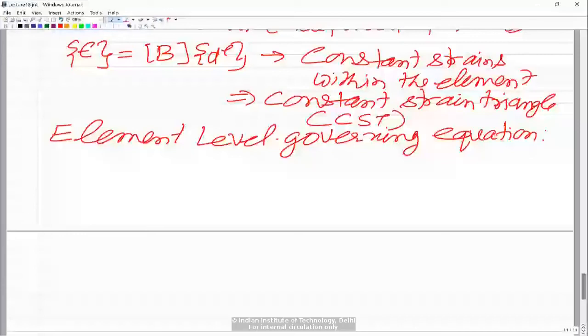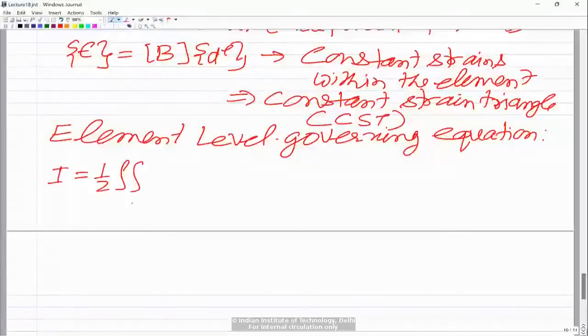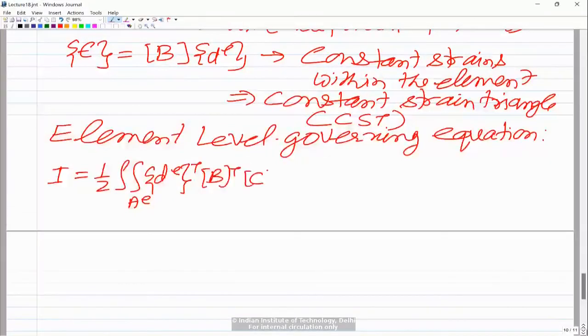So now coming to the element level governing equation. We substitute whatever we have done in the integral functional. So if you look at it now, I is half integration over area, and then we had epsilon transpose. So epsilon transpose would become d transpose into B transpose into C, and then again we have epsilon, so epsilon is B into dE, and then you have the h into dx dy,